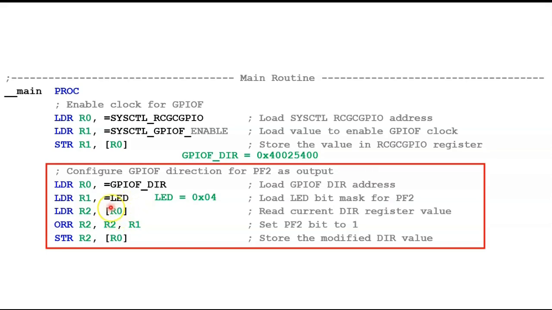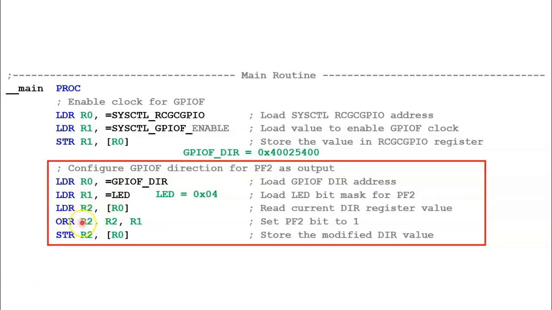Not the contents of R0, but the address pointed to by R0. So R0 is pointing to 400254000 hexa. So the contents of this memory location will be copied into register